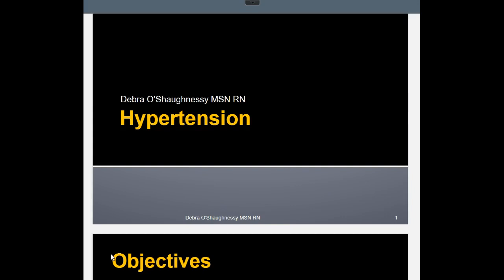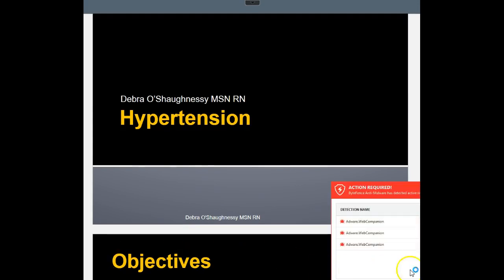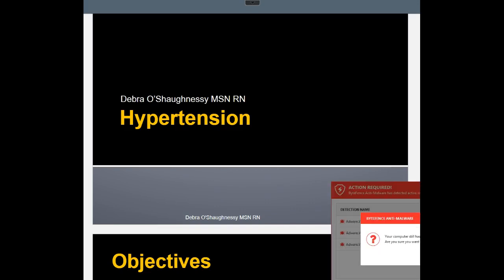And the important thing is that when we are assessing blood pressure, that we are sure that our blood pressures are accurate. And to ensure that accuracy, we want to always make sure that we are using the proper size blood pressure cuff, because with cuffs that are too small, blood pressure can be too high, and with cuffs that are too big, blood pressures can be too low, and it really doesn't give us an accurate reading. And much of the non-surgical treatment or medical management of high blood pressure is pharmacological management. Okay, so